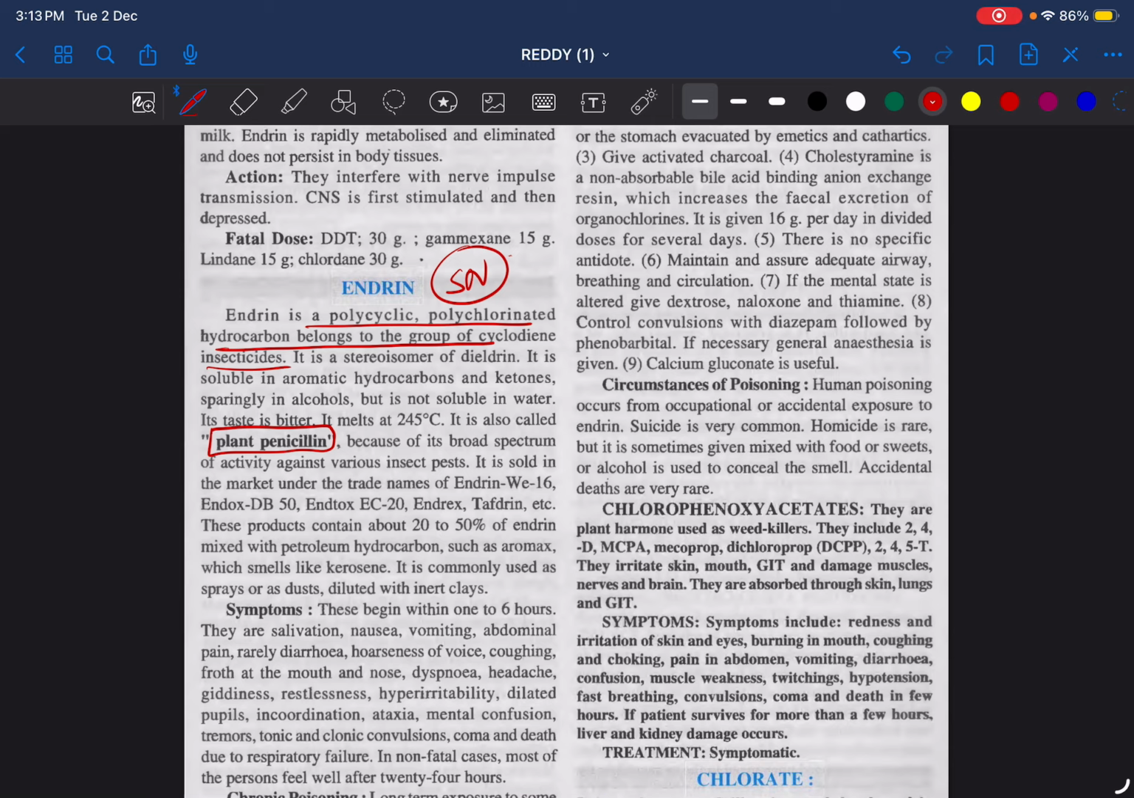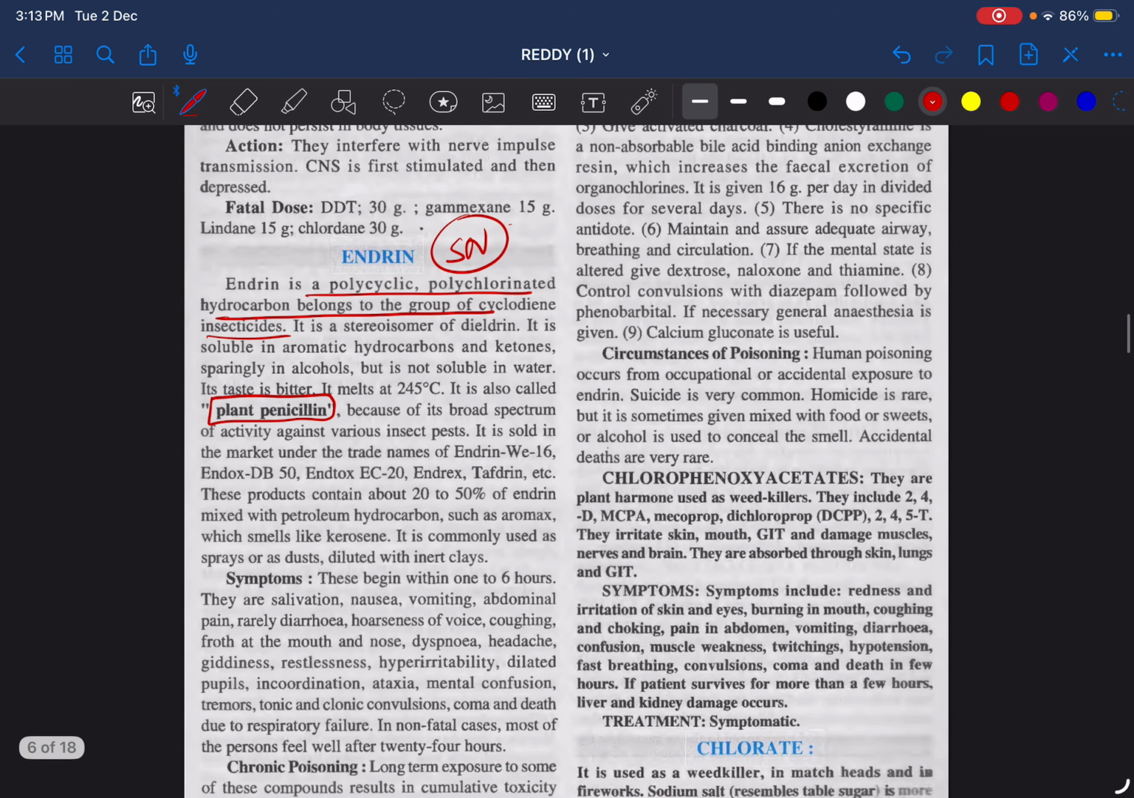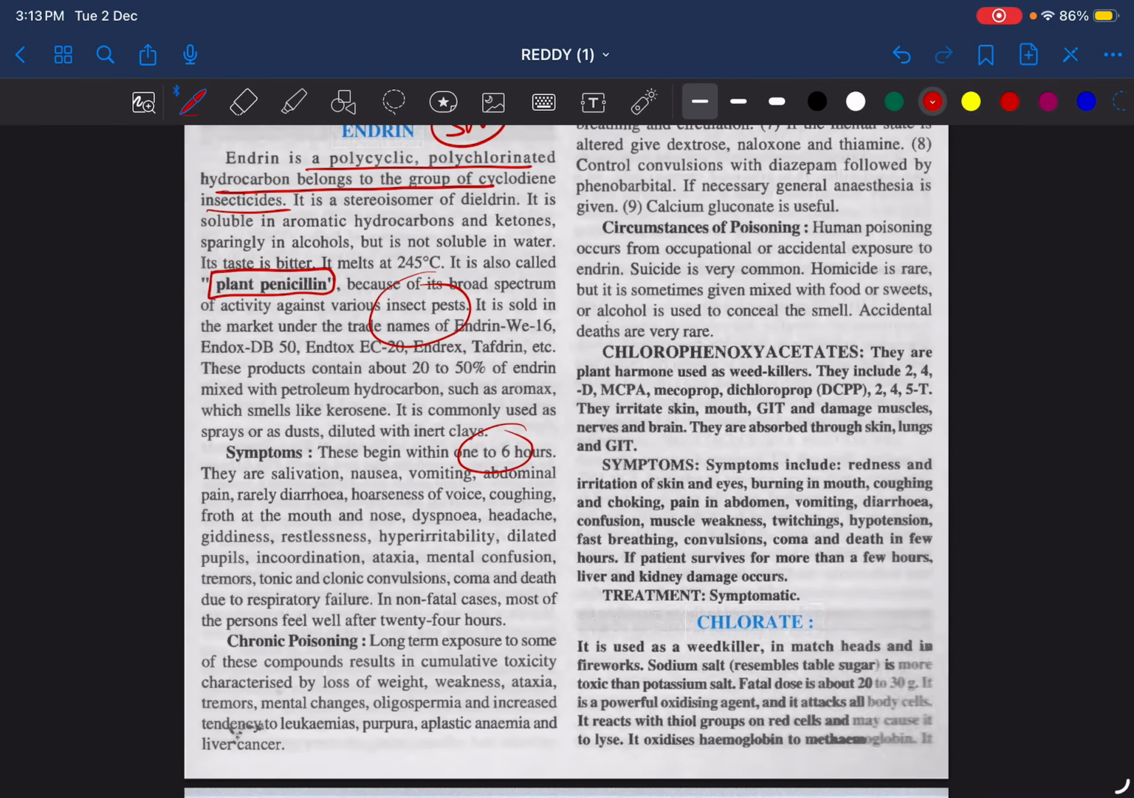It is actually a dieldrin stereoisomer. It is a type of soluble aromatic hydrocarbon. Okay, and it is very broadly used as an insecticide. And coming to the symptoms, within 1 to 6 hours: salivation, nausea, vomiting, abdominal pain, diarrhea, restlessness,